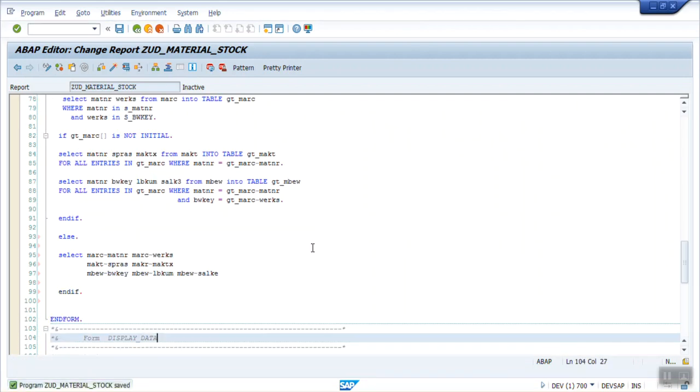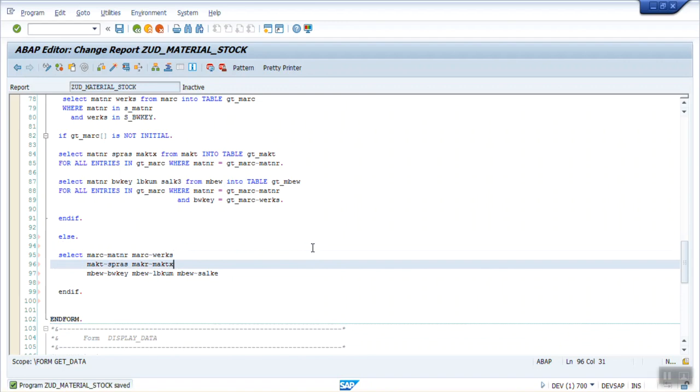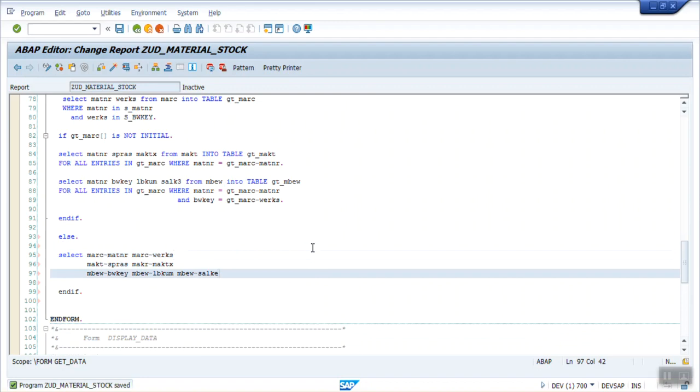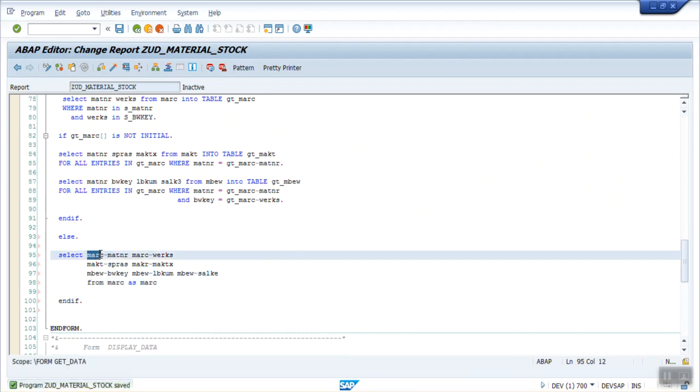Now first we have written the three different fields from three different tables, MARC, MAKT and MBEW. Now we have to write the on condition. From first MARC as MARC. Here alias name we can give anything.